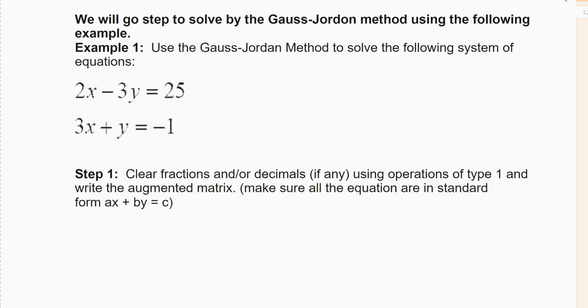Right, so use the Gauss-Jordan method to solve the following system of equations. 2x minus 3y equals 25, 3x plus y equals negative 1. Clear any fractions or decimals first if there are any. There aren't, so I'm not going to worry about it. So I'm just going to go to writing the augmented matrix, making sure that I've got x terms first, y terms second, and in this equation I do. And so my augmented matrix for this equation